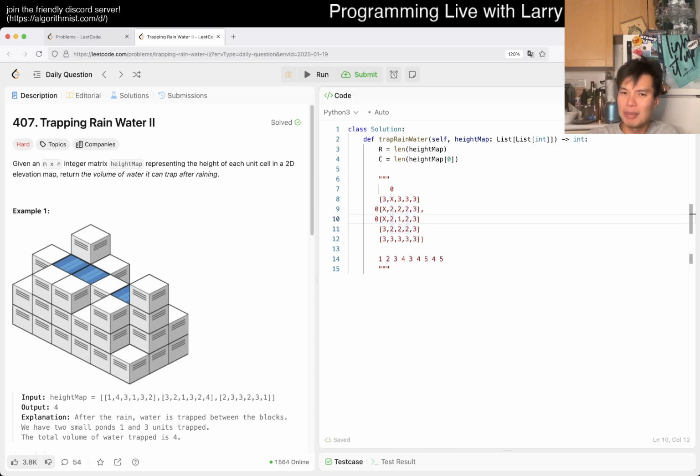I don't know, but then by that logic, this 2 is also done because this number is smaller. 1 is smaller, 2 is equal, so then this is done. Then you could see yourself going this one next. That's not the way to do that. Because then now the 2